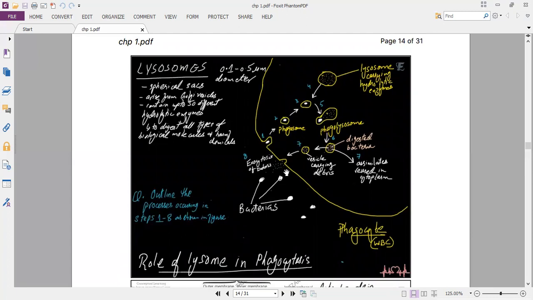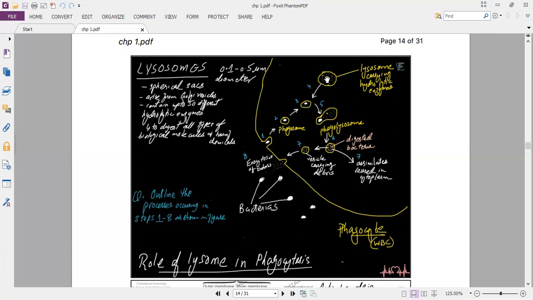This diagram here basically sums up how white blood cells are carrying out phagocytosis. These are bacteria present outside the cell. They are engulfed by the phagocyte. The engulfed vesicle is called a phagosome. You can see the bacteria is enclosed and wrapped in a membrane, and this vesicle will be traveling inside the cell away from the cell membrane, and it is traveling ahead.